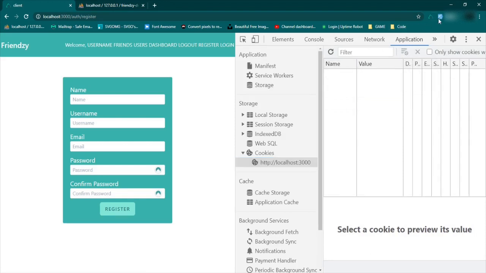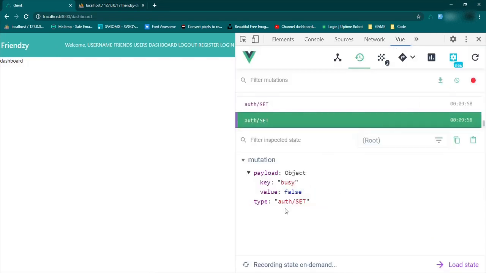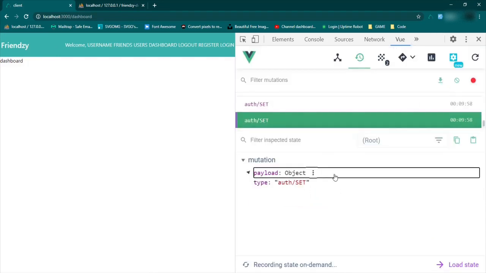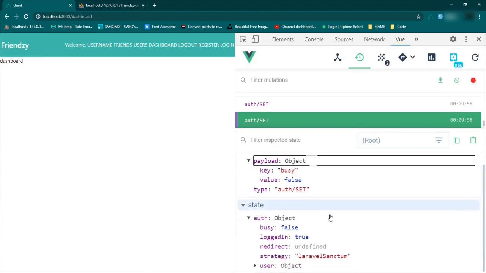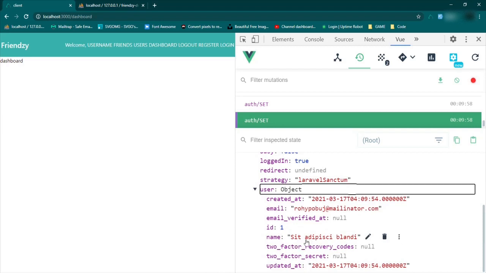Okay, we'll go ahead and try to log in. So I'll just use form filler, register. Okay, fantastic, and it redirected back to the dashboard page. So now if we come down to the Vue DevTools and go to our Vuex and refresh that, you see now that we have a logged in user true. This is the strategy, and right down here we have our user. So we have the email, the name, the username,